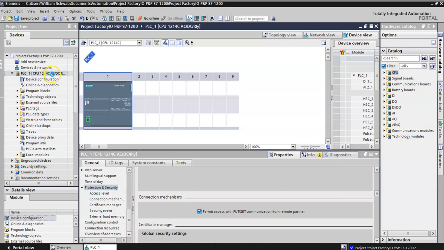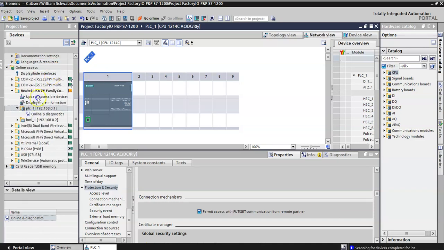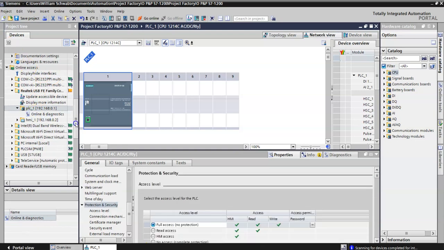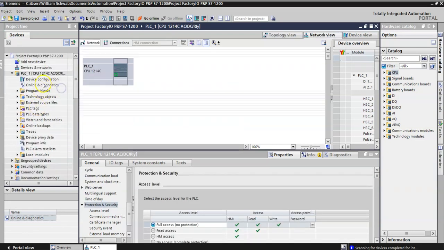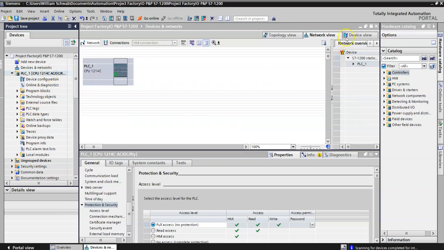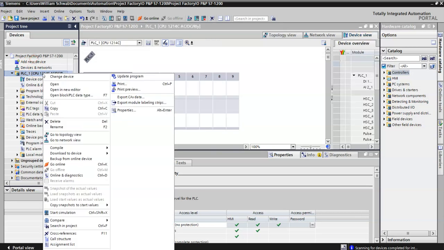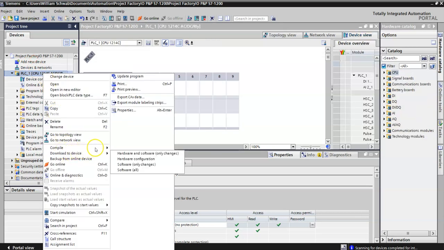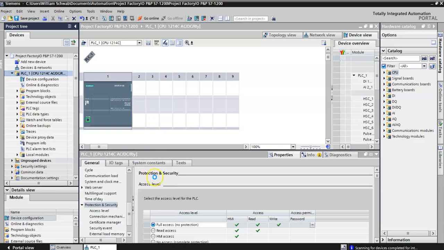And we can right-click on our PLC here. That didn't do what I wanted to. So I want to go to my PLC, click on that, and I want to download the hardware configuration. And that'll put the protection as well as the address information in there, and then we'll be ready to program it. And the programming is what we really want to take a look at,